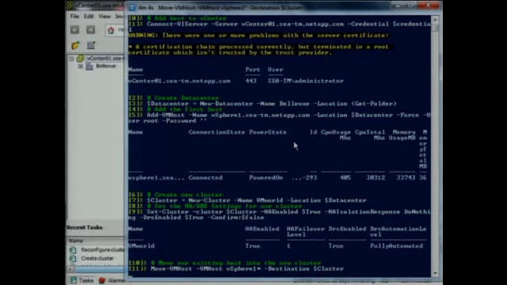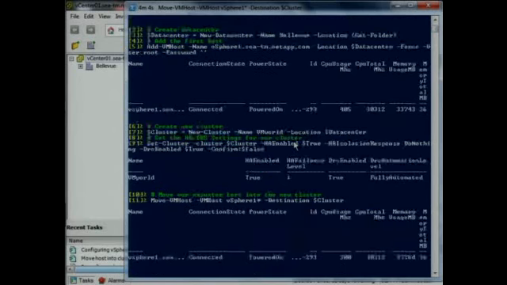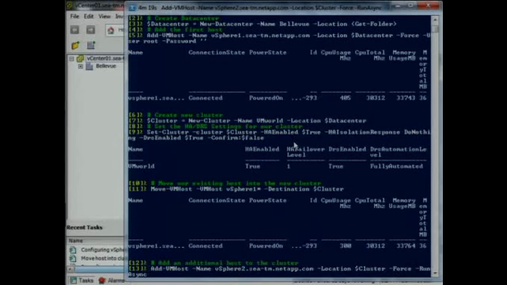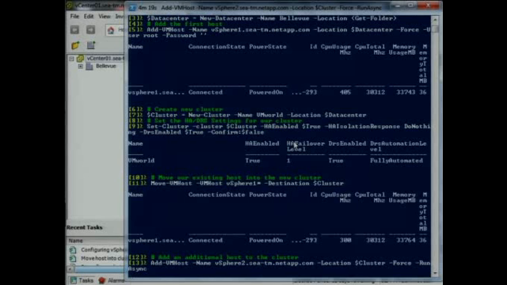Yep. So the next thing we're doing here is the host we just added to Virtual Center, our host that we had 800 VMs on already. We're moving it into the cluster that we created, and there it goes. Next, that new host that showed up, we're going to go ahead and put that in the cluster too. Again, super secret: root and no password.